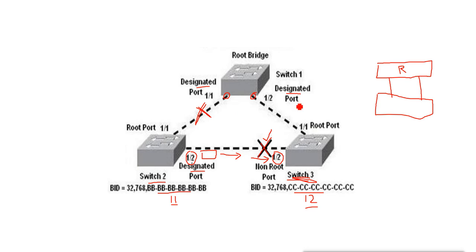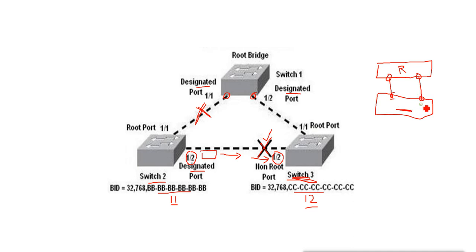So if you have two switches connected like this, it should not happen. But if you do that, and this is the root bridge, then this port and this port cannot be disabled. This port will remain in forwarding state as a designated port. But remember, it is creating a loop. So this switch has to disable a port now. It has two ports here, and one of them has to be disabled, either this one or this one.